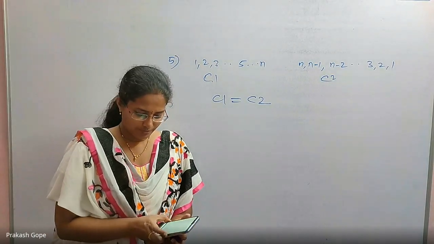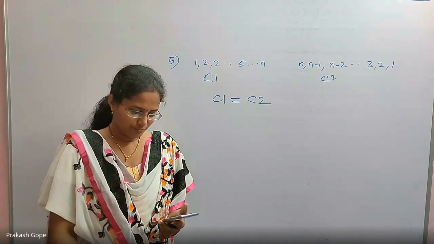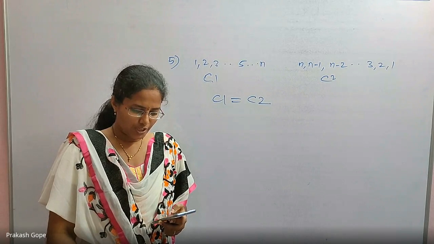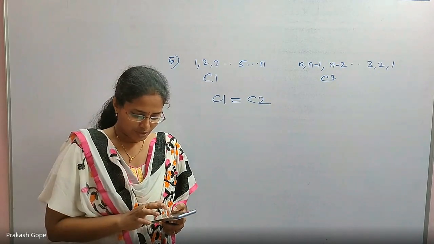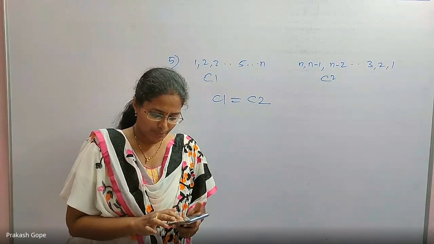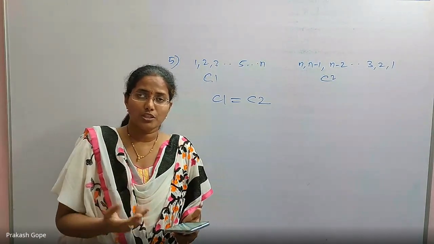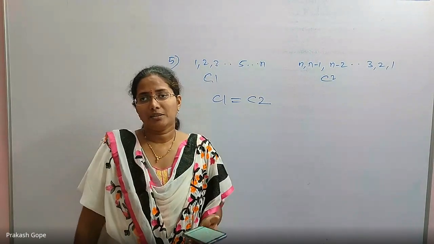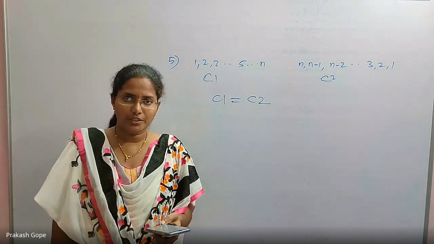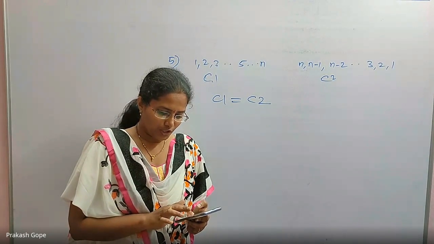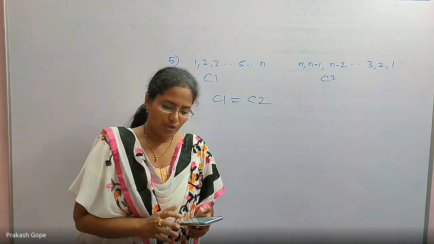Question number 6. An array of n elements is given where n is an even number. The maximum as well as the minimum of these n numbers need to be determined. So what is the question? The question is about finding max and min of an array, the first problem that we discussed in divide and conquer. Which of the following is true about the number of comparisons needed?